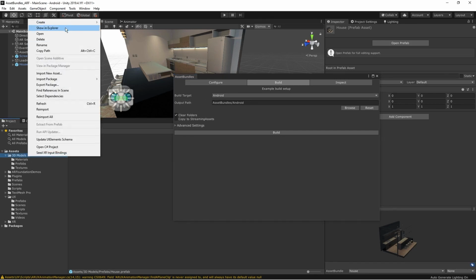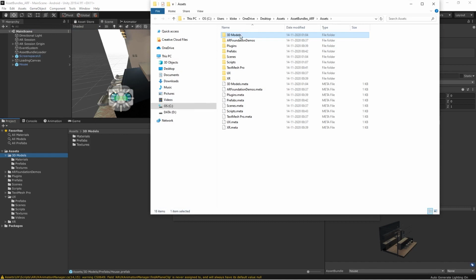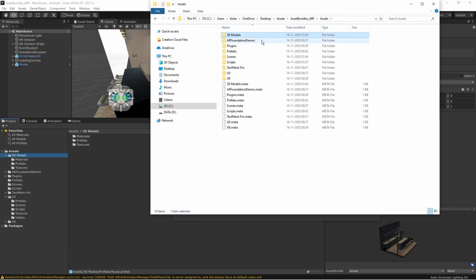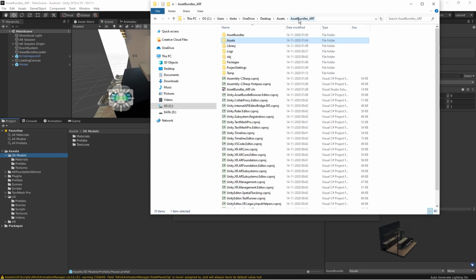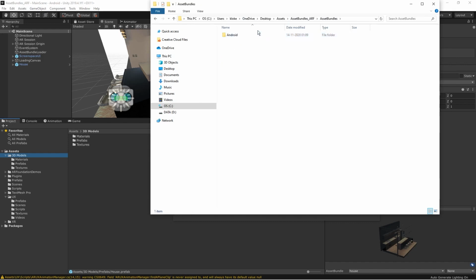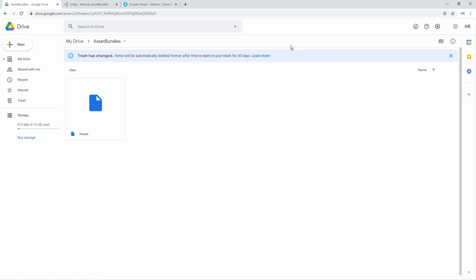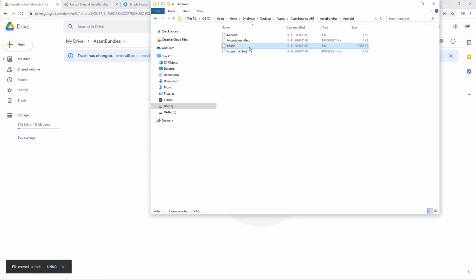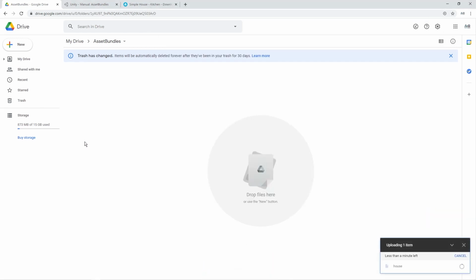Yeah, so now you can go to this particular application folder, and in assets you can go back and you can see above assets you will be able to find asset bundles, Android and house. This is the main file which you have to use for your asset bundle. And yeah, so let's go back to Google Drive. I'm using Google Drive, so this already exists. I'll just delete this. So just drag and drop this here,